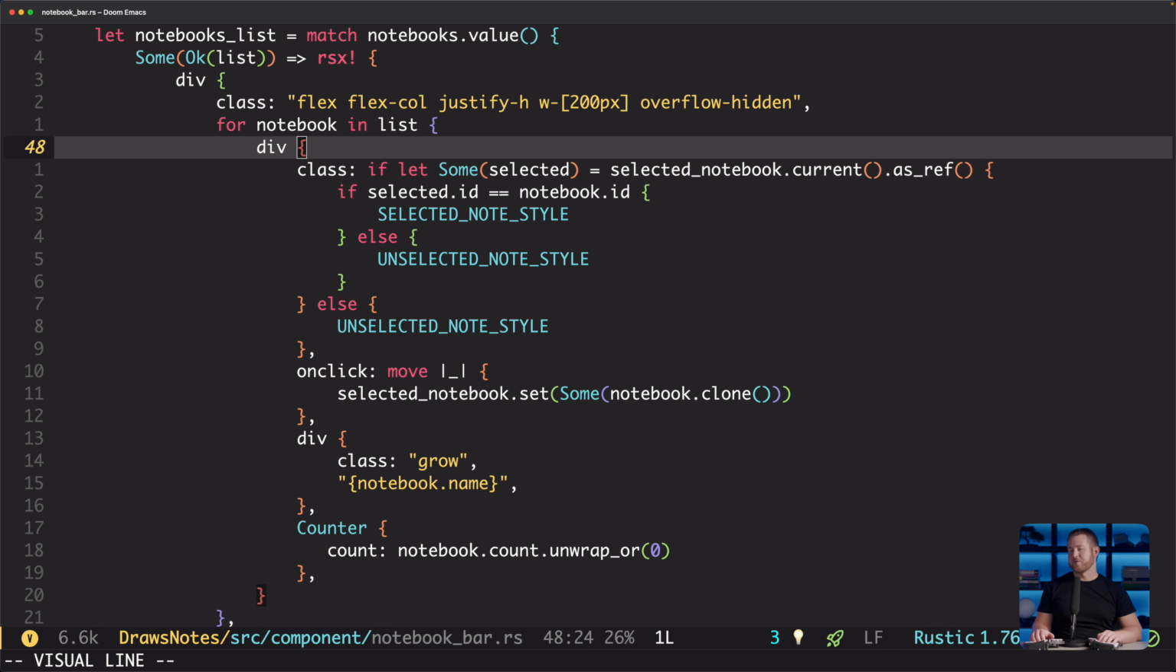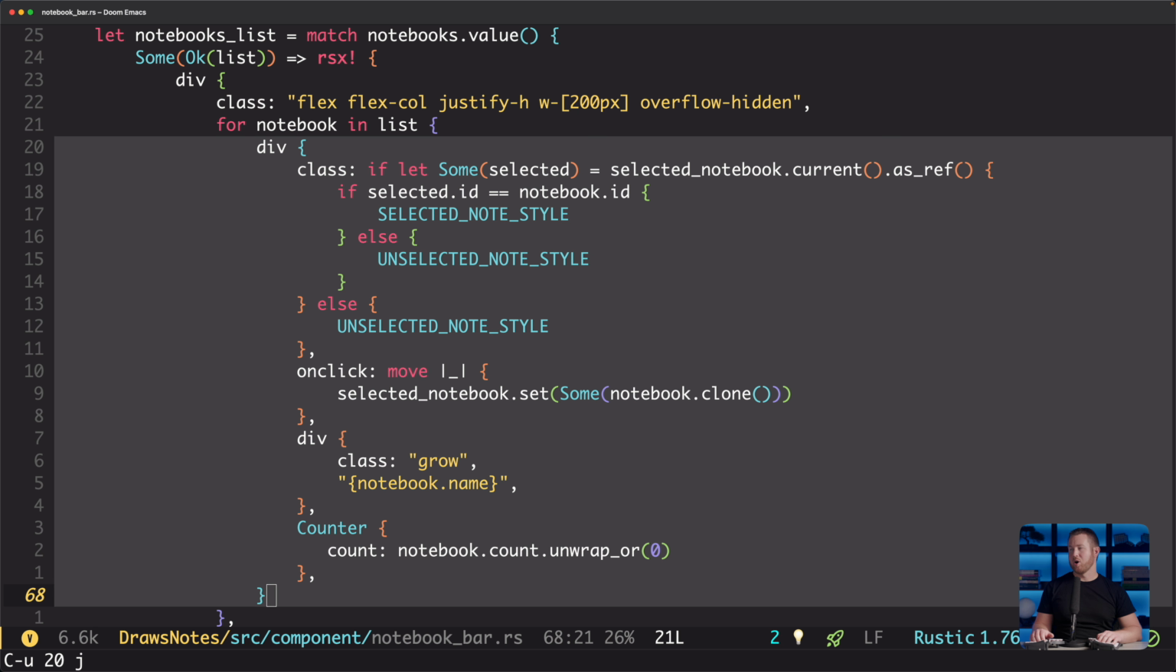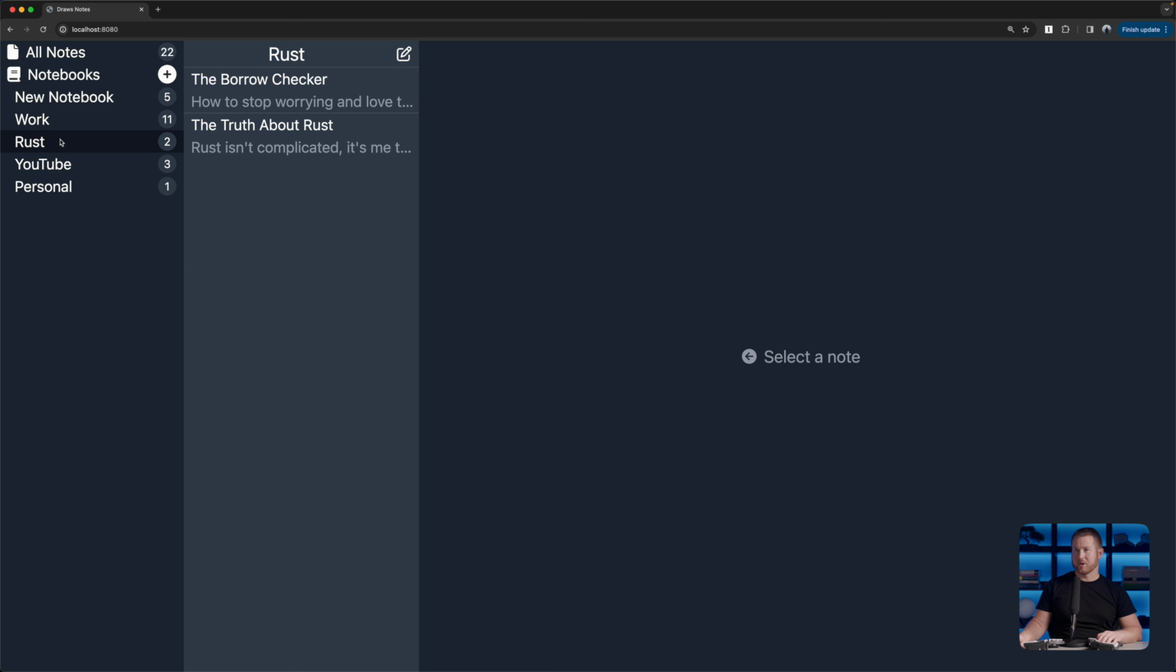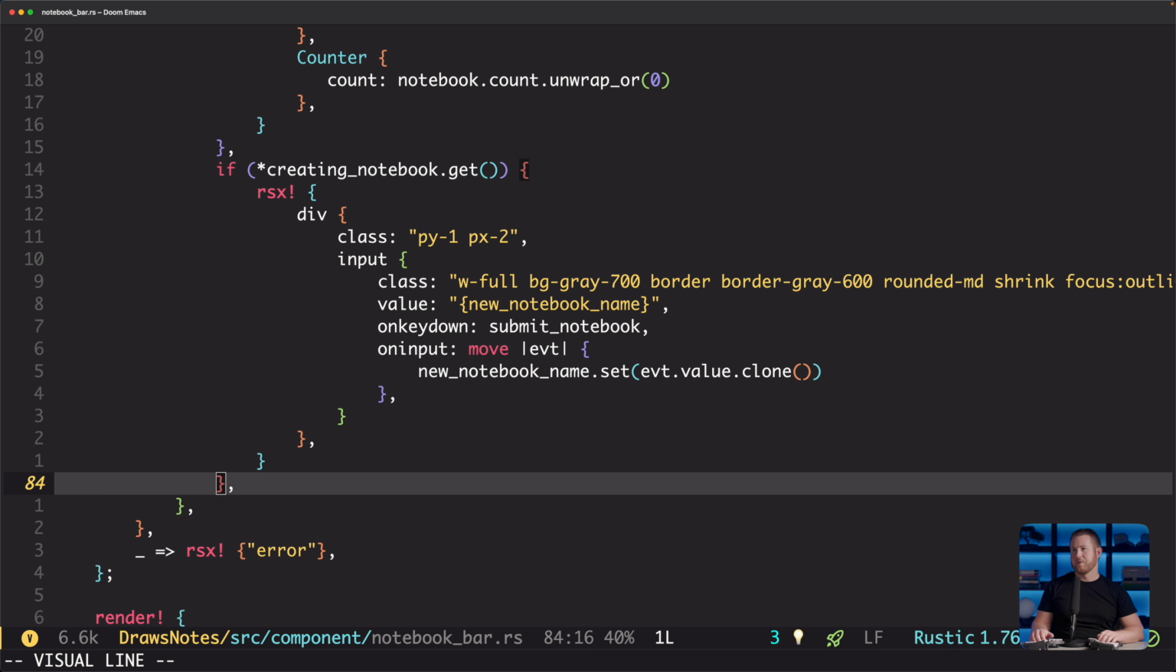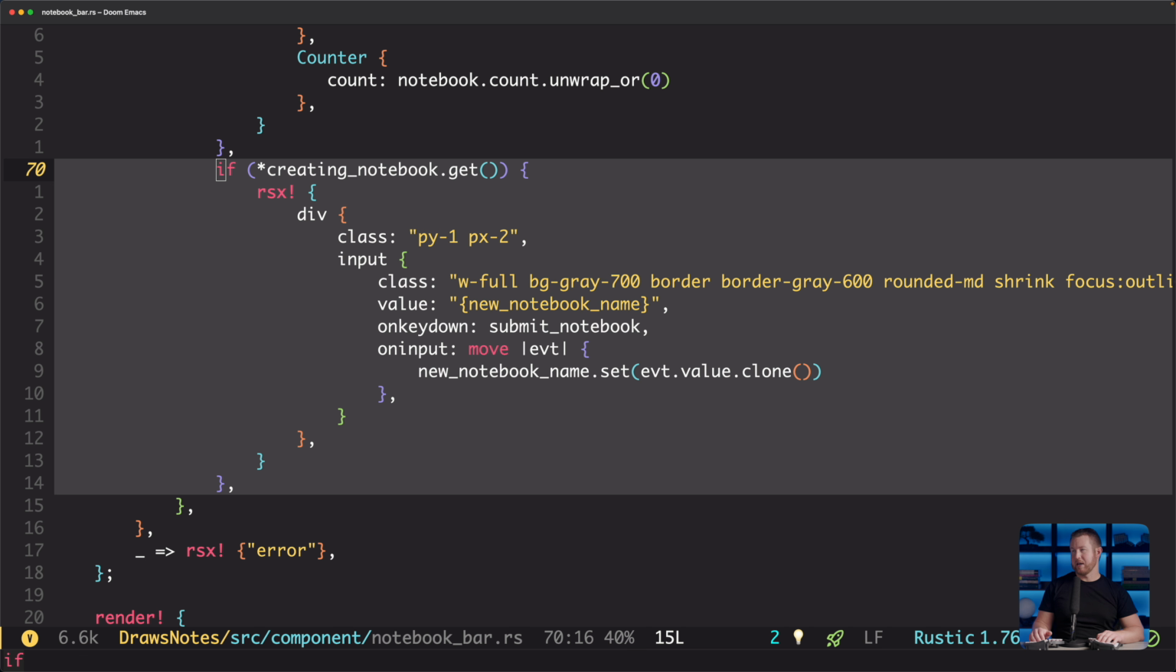So each run of this for loop essentially represents a row in that notebooks bar column. So Work is an iteration of the for loop, Rust is an iteration of the for loop, and each one of these is a div, and in that div you have the name of the notebook and then the counter. The counter is just a tiny component that displays that number that you saw, indicating the number of notes in that notebook. This block right here represents the element that needs to be displayed after the user clicks the Create